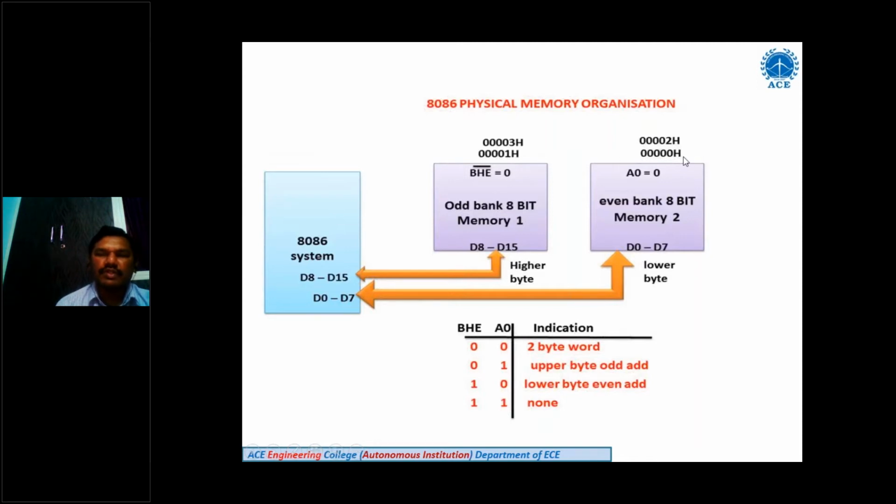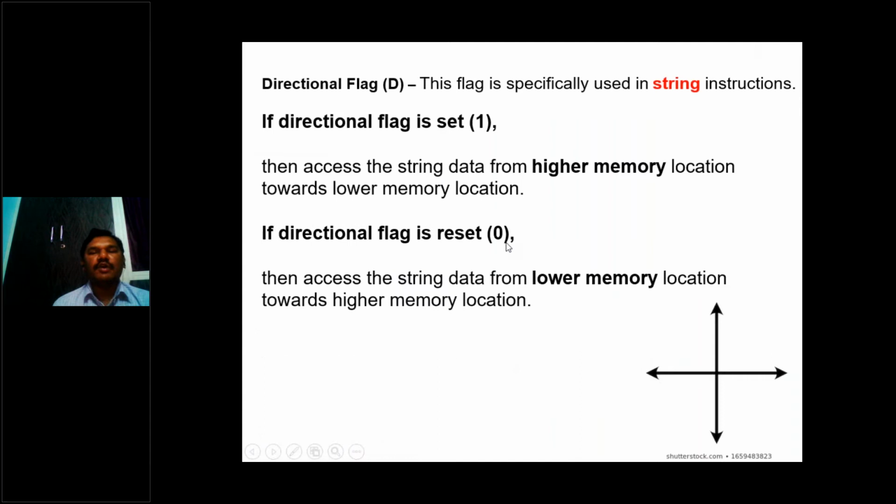So definitely this is called the lower value and this is called the higher value. Now you take the address location 0002 compared to 3, this is lower, so it will be called lower and this will be called higher. When it is 1 and 1, no operation will be performed. You see here how it will be called from the higher memory or lower memory with the help of the direction flag. If the direction flag is 1, it calls data from the higher memory. If the direction flag is 0, it will call the data from the lower memory.